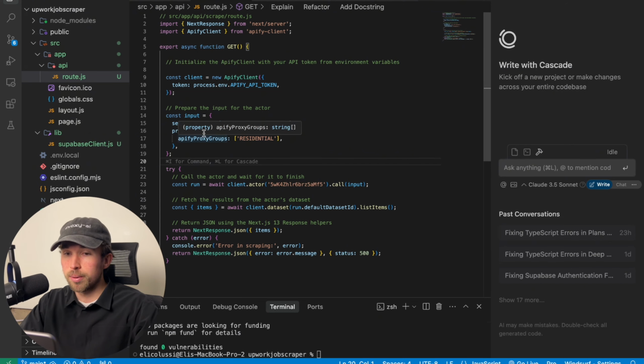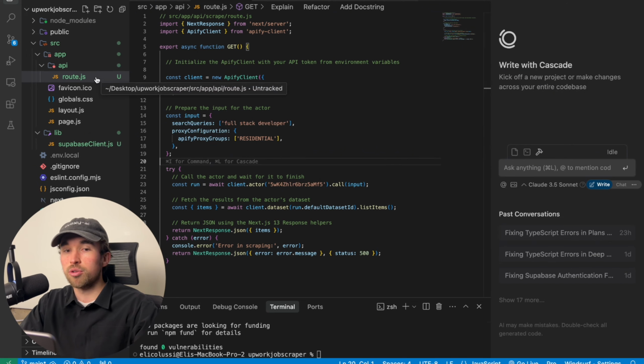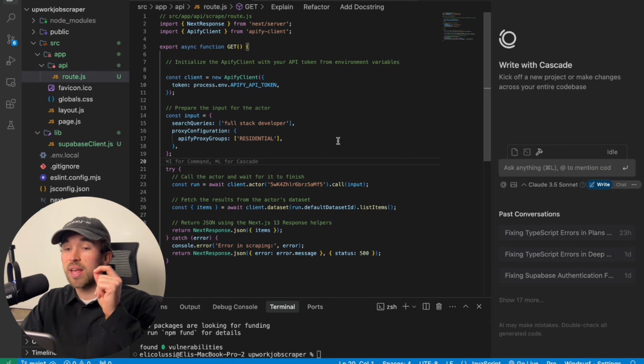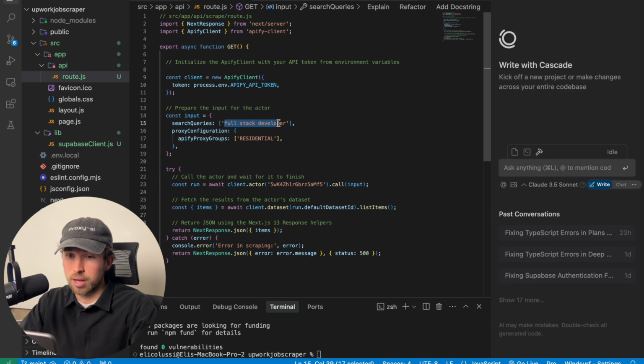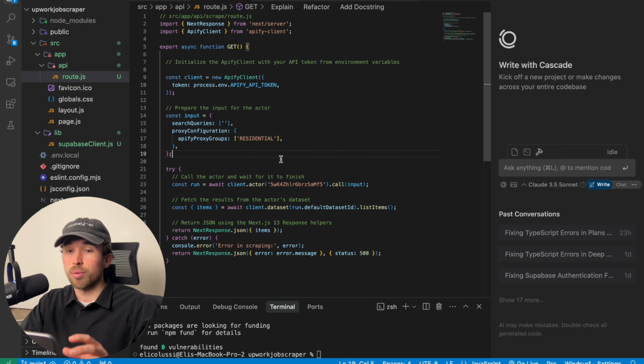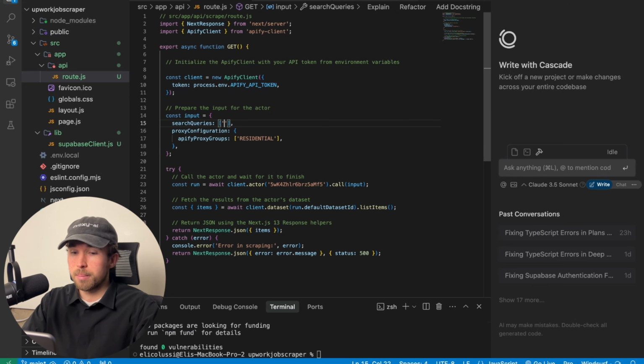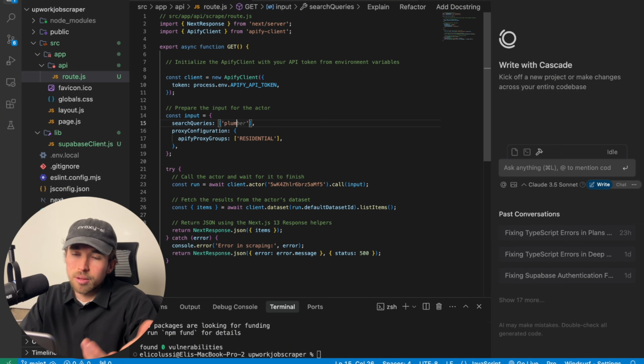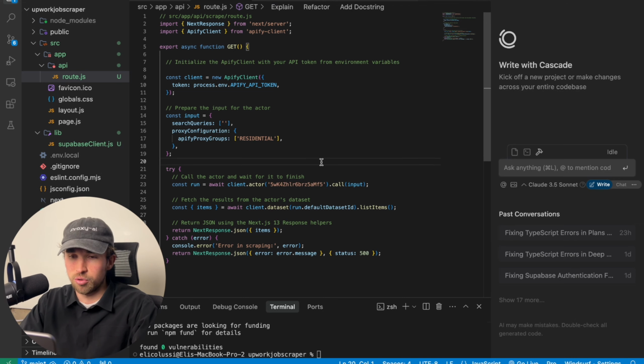Now, eventually we will be changing this because we are going to want to dynamically query the API with information that the user asks for. So when we build out our front end, it's going to connect to this search queries right here. Then this is going to be a variable like user input or something, and user input will be exactly what the user requests. So instead of full stack developer, maybe they want plumbing, right? So that will pop into there, and then we'll get plumbing jobs. You get what I mean, right? So that's something we will have to do eventually.